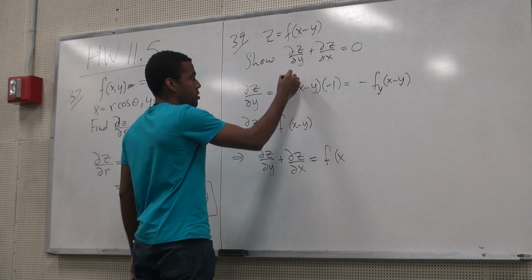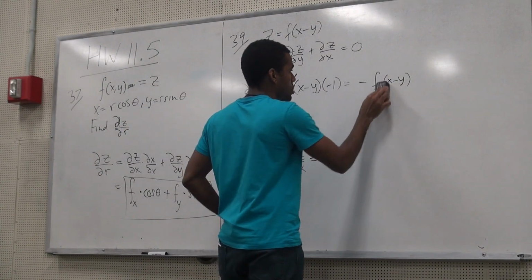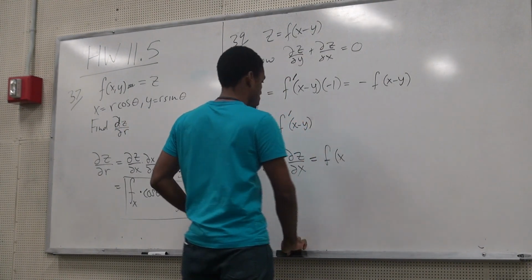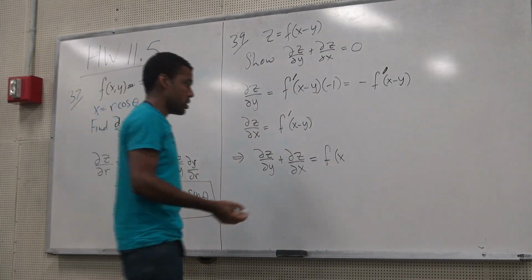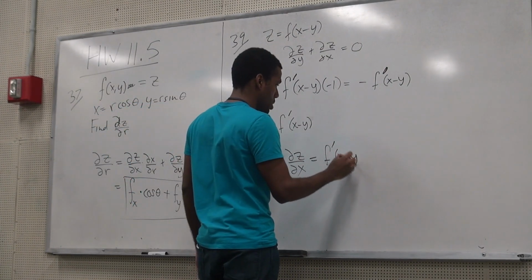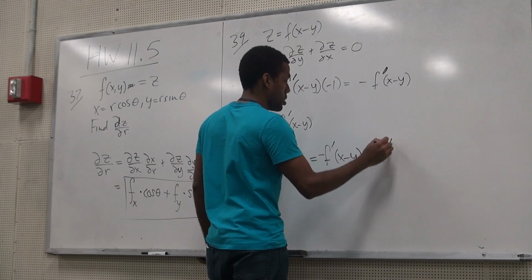It'll actually be the derivative of the outside. You take the derivative of the outside function, multiply by the derivative of the inside function. So this would be this minus plus this